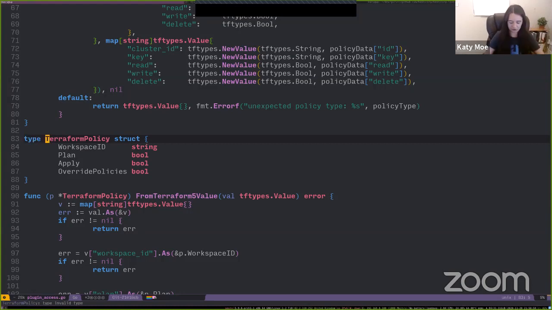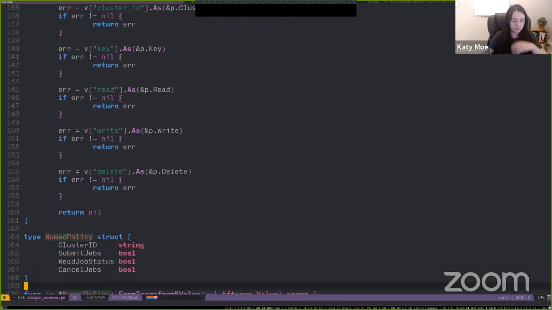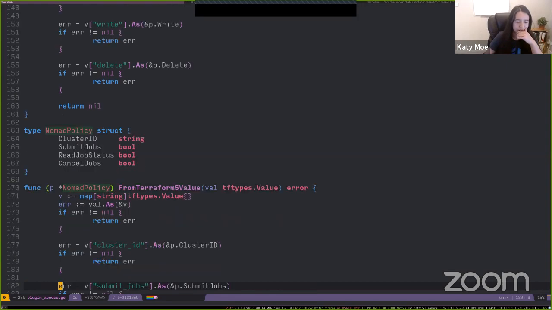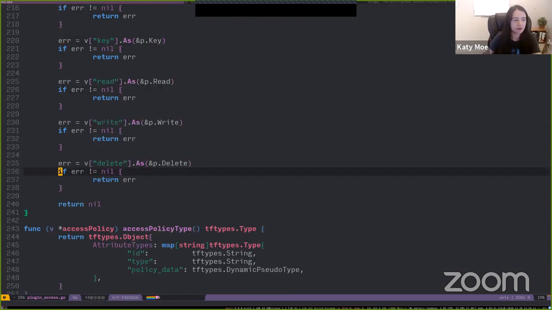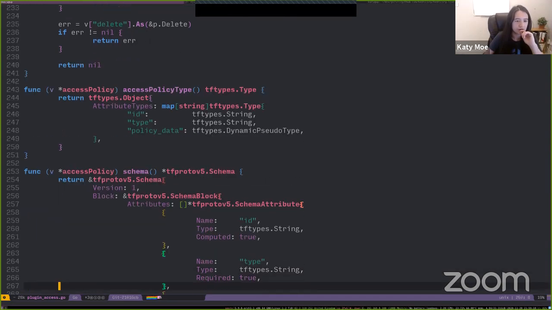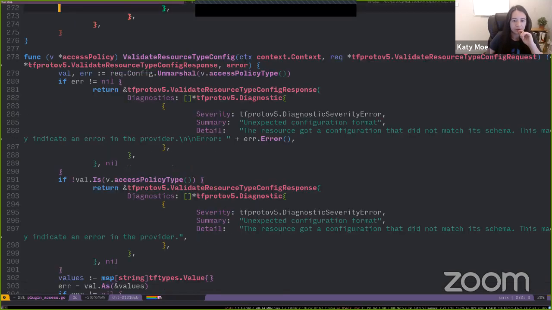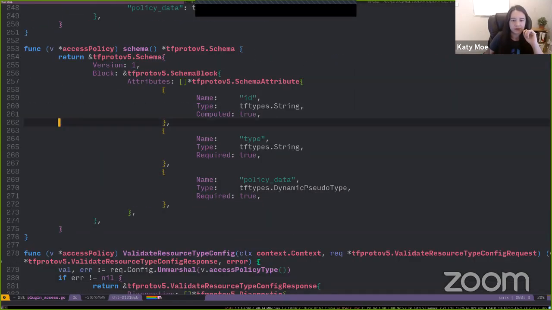So the Terraform policy is different from the Nomad policy, for example. In order to parse all of these, we have to implement things like from Terraform 5 value. We have to translate between Terraform values and other values.